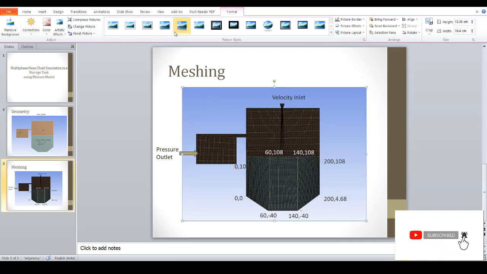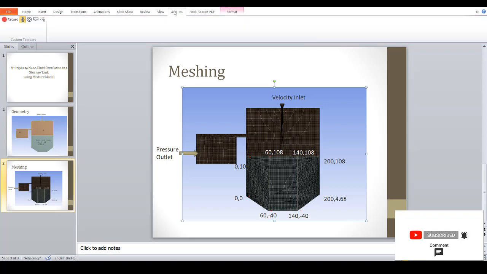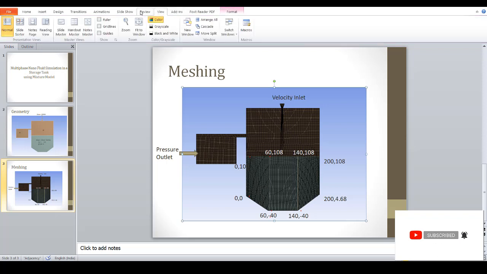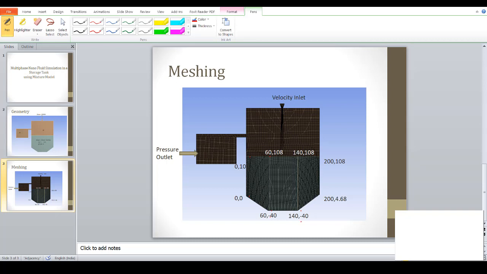So these are the points: 140 comma minus 40, and this is 140 comma 108. So these are the next 4-point set, and these are the next 4-point set. So there are three quadrilaterals for which we need to note down the points.